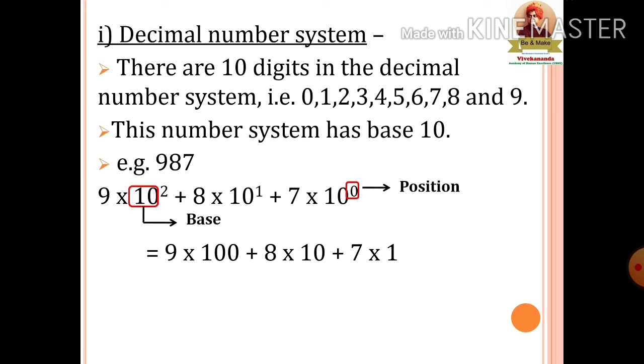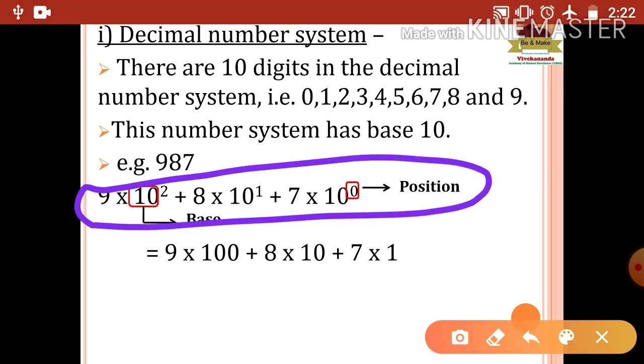We are excluding this step whenever we are writing things in mathematics. We directly go from here to here. Okay. Now hundreds place means 9 into 100. This 100 is also represented in exponent form as 10 raised to 2. 10 raised to 2 means multiplying number 10 two times. Okay. 8 into 10. 10 raised to 1 will have the value of the number itself.